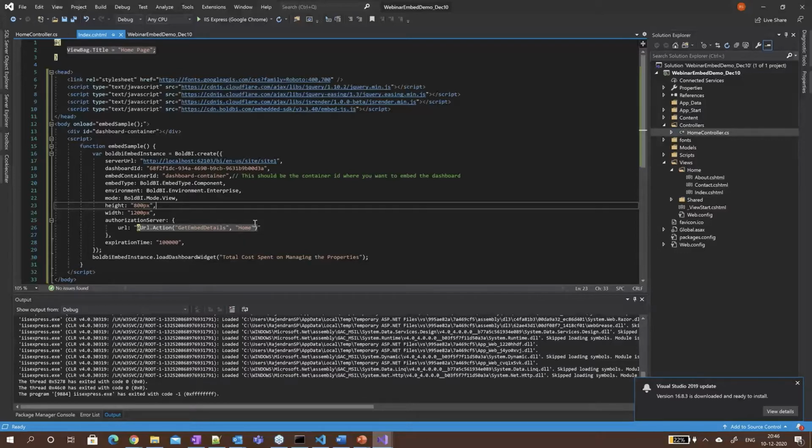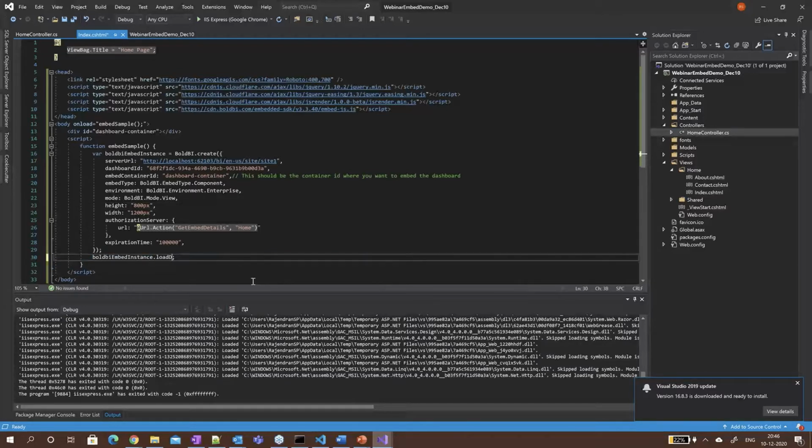So to allow editing the existing dashboard, I'm just going to change the method load dashboard widget into load designer, and also change the mode to design. Here I have already set the property management dashboard ID.